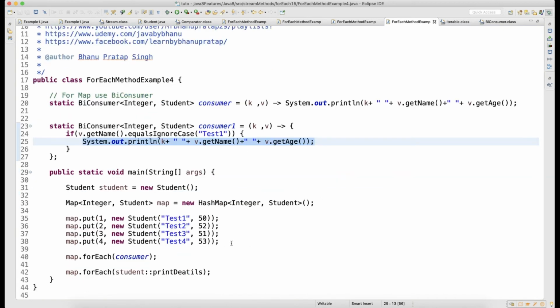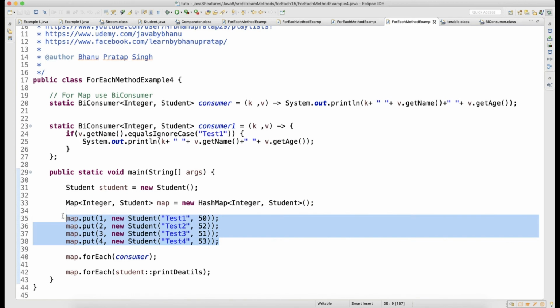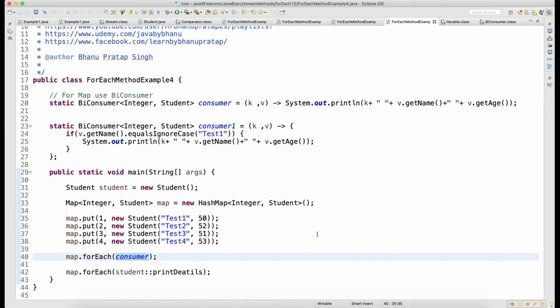Now, there is a hash map, and it has some data. Once we have all the data in the hash map, I am calling that consumer, and then again I'm calling student.printDetails, right? So what is this print details, guys? What happens is,